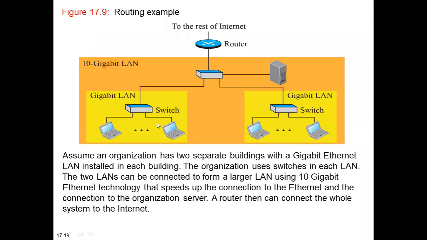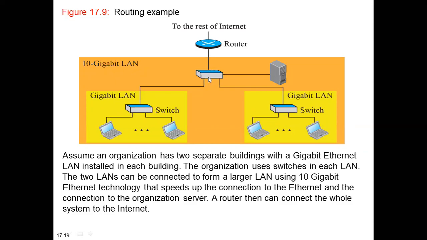The organization uses switches in each LAN. Within the building, if you want to communicate through the switch itself, you can communicate. Suppose you want to communicate between a device from building 1 to building 2, then we have a switch over here, right? Two LANs can be connected to form a large LAN using a 10-gigabit LAN. Again, through the LAN itself, we connect it so that LAN to LAN communication can be